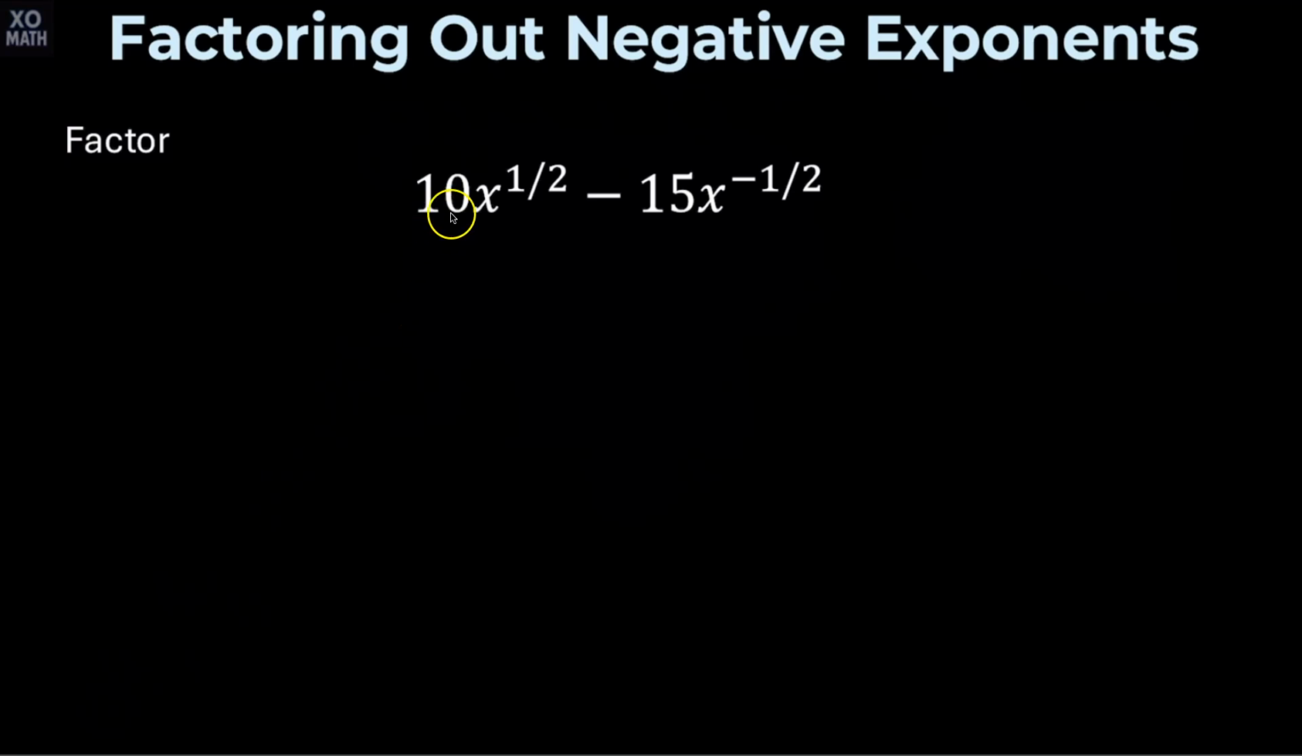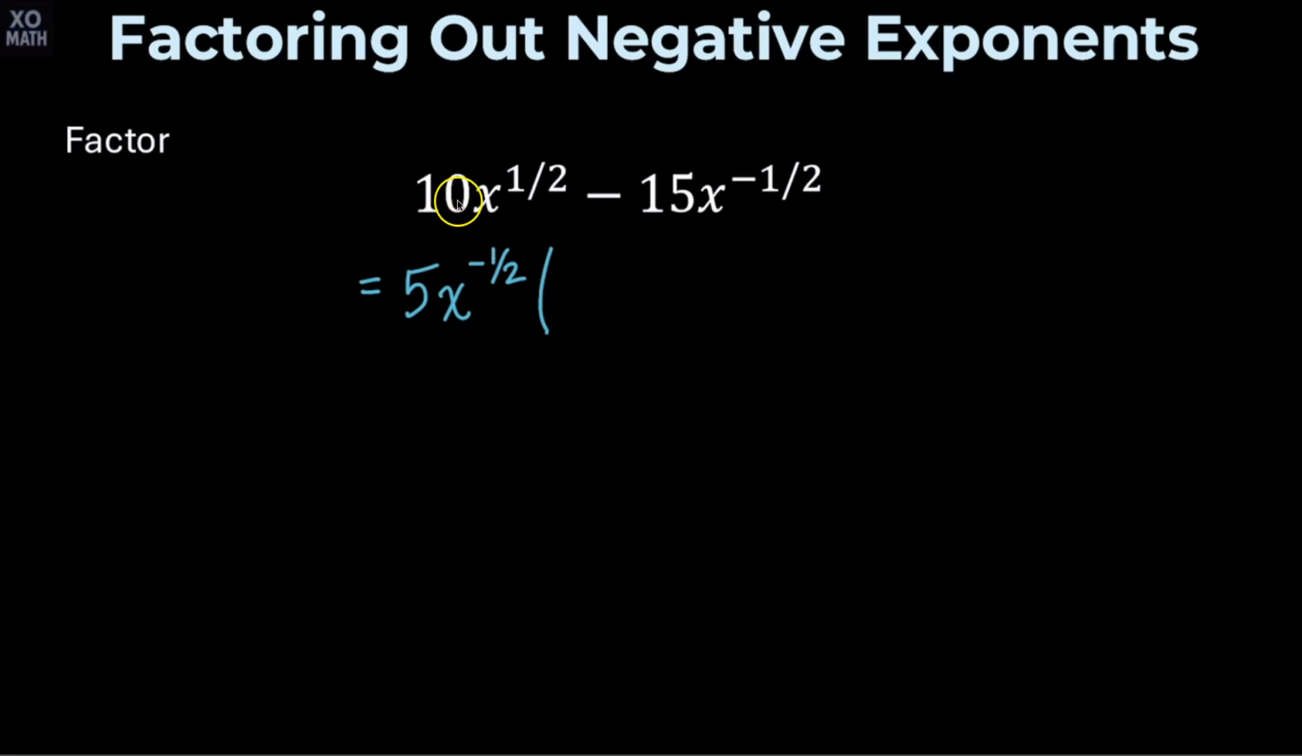Now let's factor 10x to the 1/2 minus 15x to the negative 1/2. Oh no, not only do we have negative exponents involved, we have fractions in our exponents. Still going to work the same way, not too bad. So in the coefficients 10 and negative 15, let's go ahead and factor out a 5. And now for the x variable, if I look at these two exponents, the smaller of the two is negative 1/2. So we're going to go ahead and factor out x to the negative 1/2,